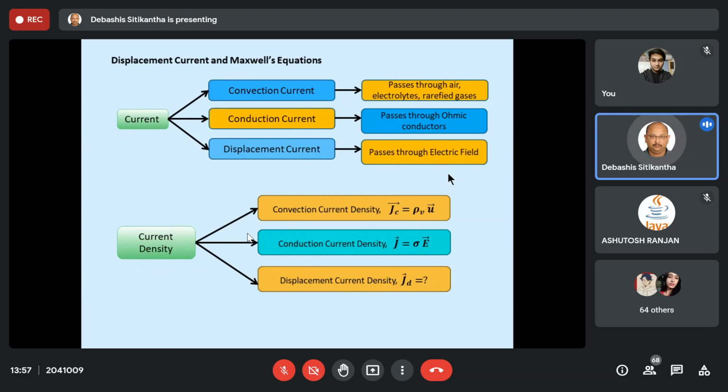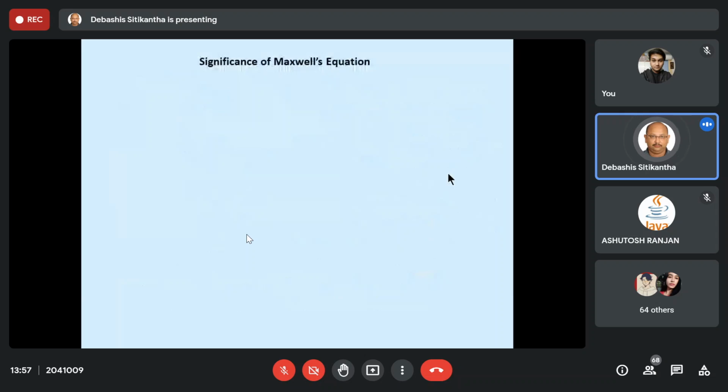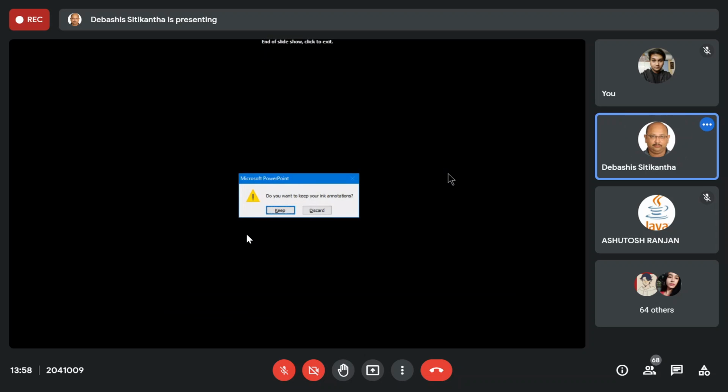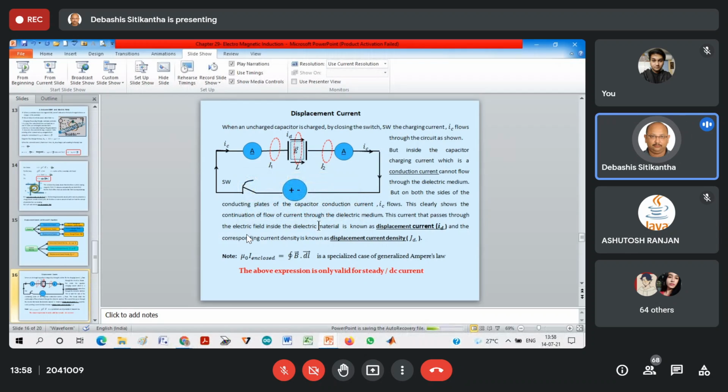So tomorrow we are having actually 3 hours of class. 1 hour is our normal class. Over there, I will teach the rest of the portion, displacement current, Maxwell's equations, all these things. And in the lab class, I will also take the theory. So please have your pen, pencil, paper, calculator, everything ready.